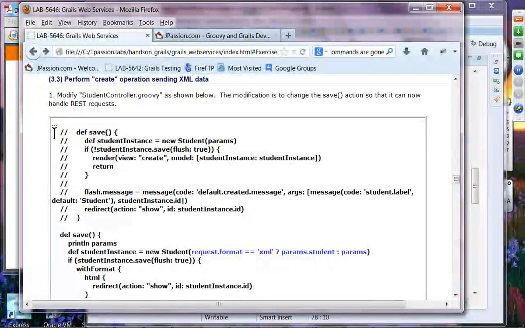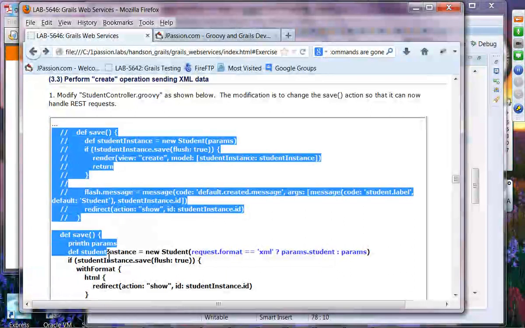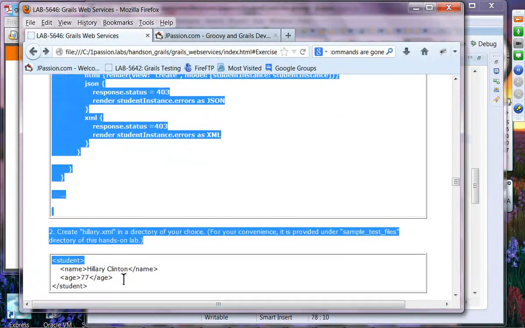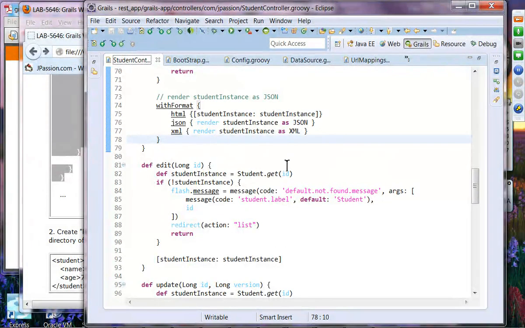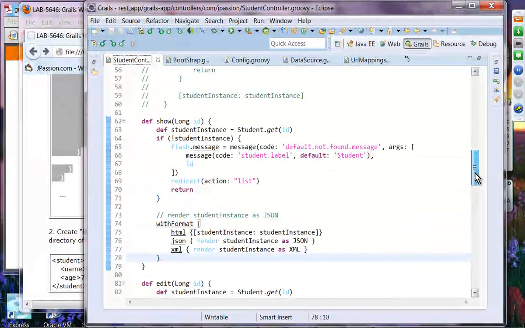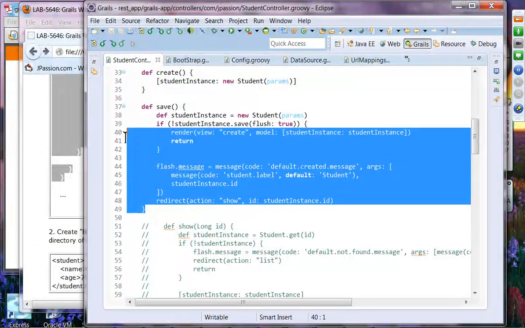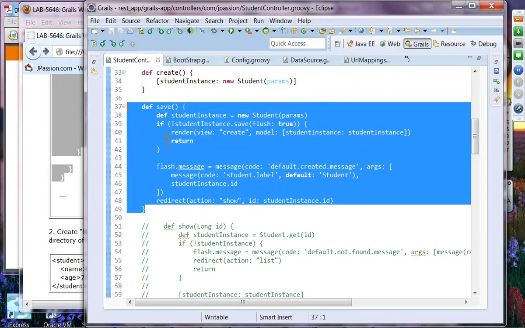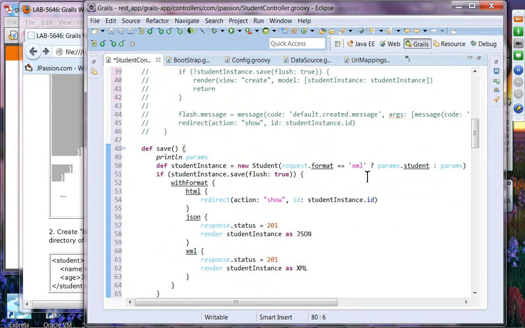So we are going to change code. Save. So this is a case. This save is going to be used for the create case. Okay, so what it does is that we are going to receive, if the format is XML, then